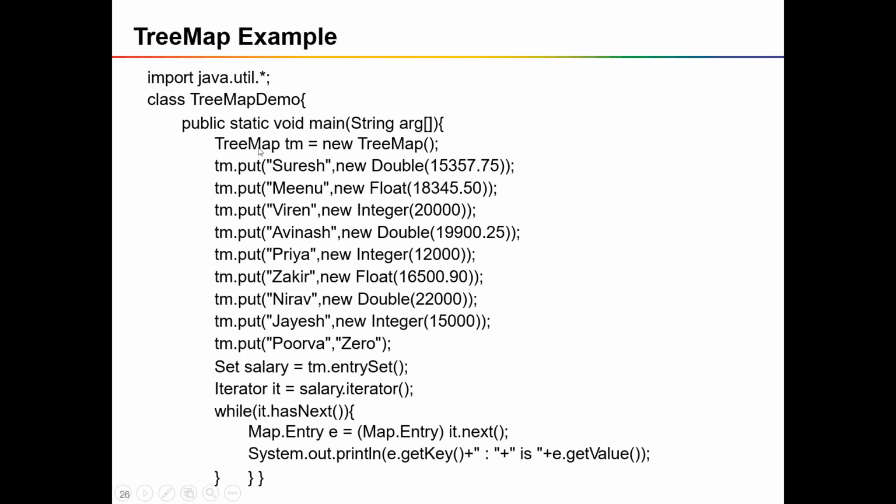Here we are creating a tree map and adding elements into the tree map, name with account balance. We have added this many elements into the tree map, and we are going to iterate all the elements of the given tree map. Here I'm going with an iterator. First of all I'm creating a set with the entry set. Then we are getting an iterator. Then we are using the hasNext method to identify whether there is a next element in the tree map or not. For retrieving key and value, we are using Map.Entry, and there are the methods getKey and getValue. Here the entire tree map is sorted based on the key, so the key strings are sorted in ascending order.